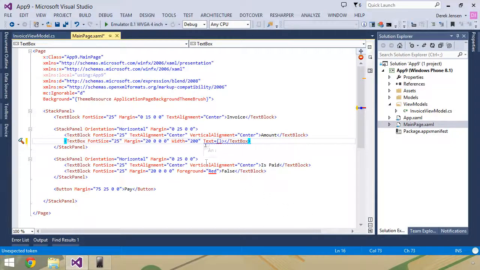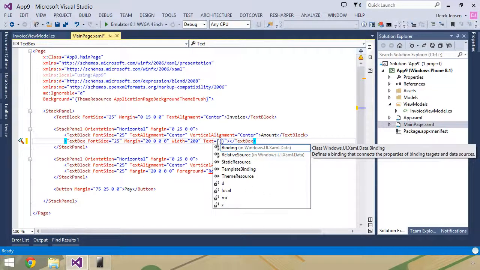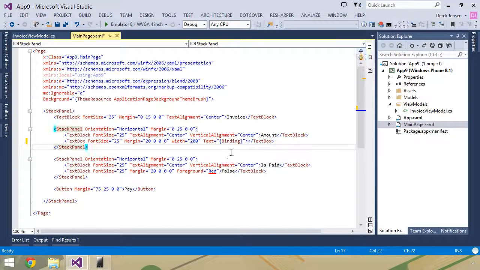So what I want to do is create this text that's going to be assigned to some other value somewhere. And as you can see here, I have some options. I have theme resource, a static resource, a relative source, and then you see here binding. This is what we want to use. So I want to actually create a binding for this text box element's text property to be bound to some other property somewhere else.